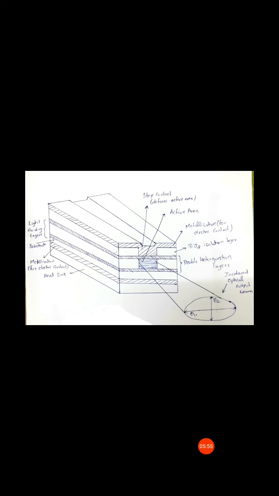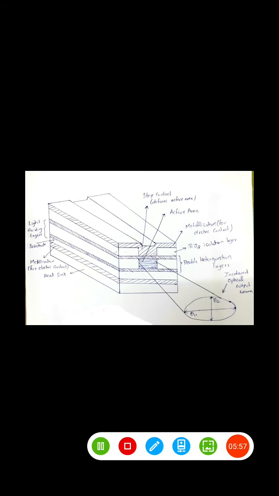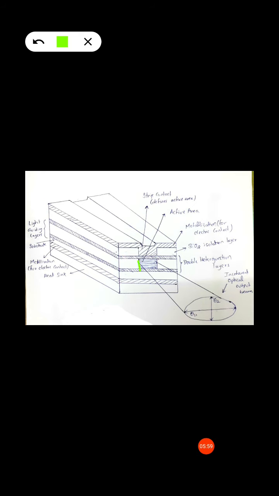So in this LED, from this active region we are getting the light, and that is in terms of an optical beam. Just now we discussed that, from this active region we are getting the light, and that light is an incoherent optical output beam, and that light is confined into an optical fiber. So whatever light is coming from this LED, we are going to confine in the optical fiber.